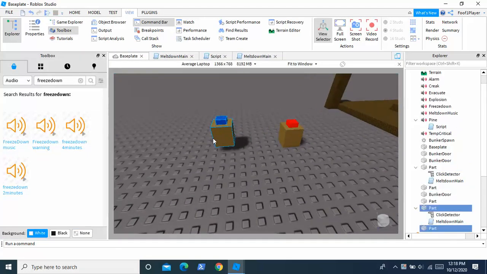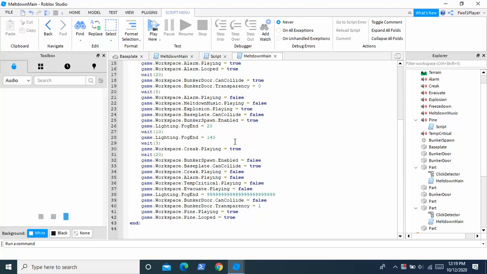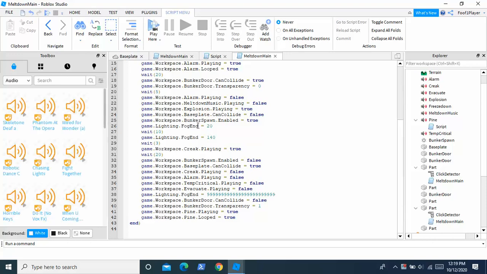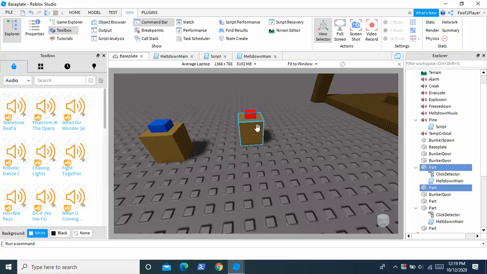Another thing you could do if you don't want it to play the explosion during the freeze down, you can look for like ice cracking or some other custom sound. Where it says explosion not playing equals true, just change that to your custom audio file, and that should work. And one last thing,